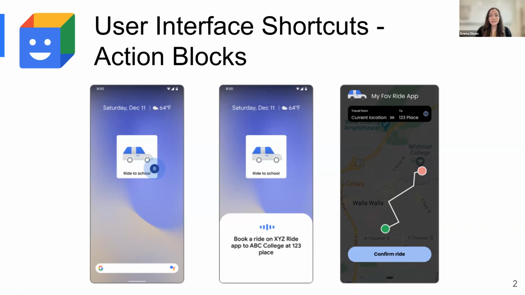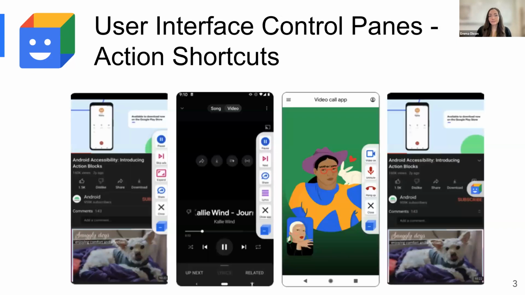The example shown in this slide depicts an action block that, when tapped, launches a user's preferred ride-sharing app to get a ride to school. Action Blocks then sends an intent to Google Assistant and executes the input command as if it were spoken out by the user. The second prototype was Action Shortcuts, which includes a floating window on the right side of the